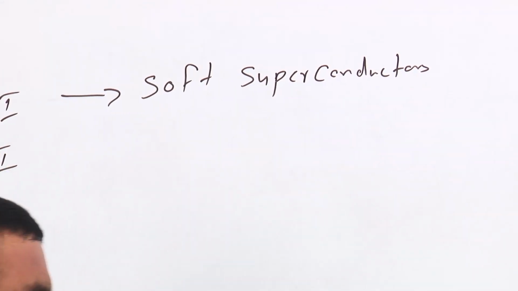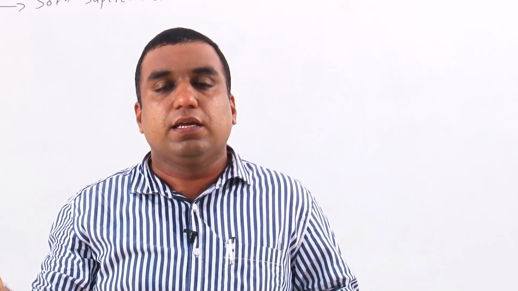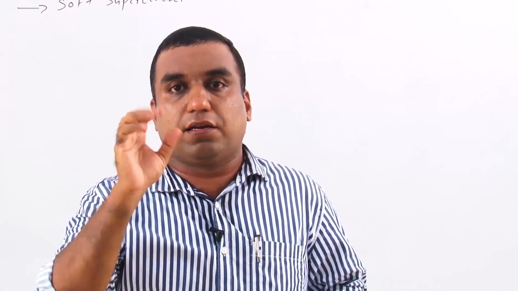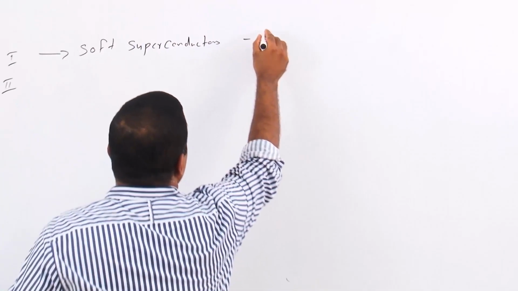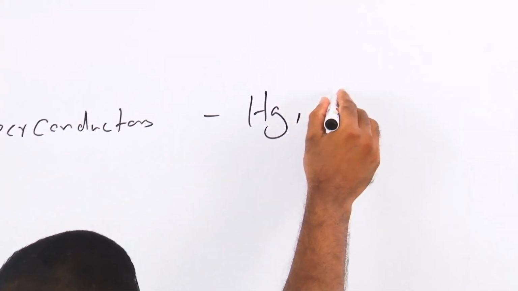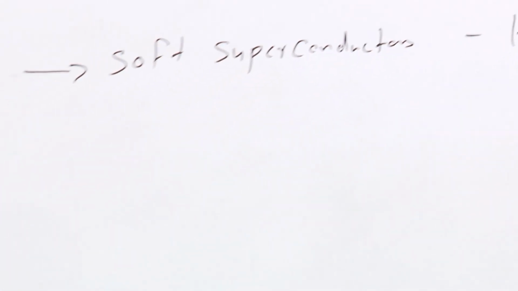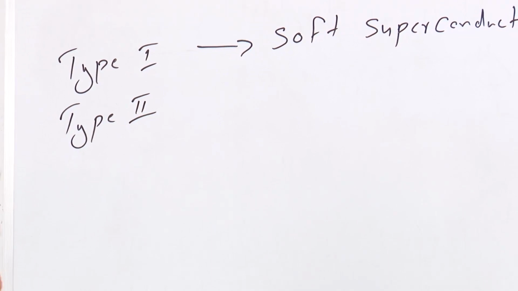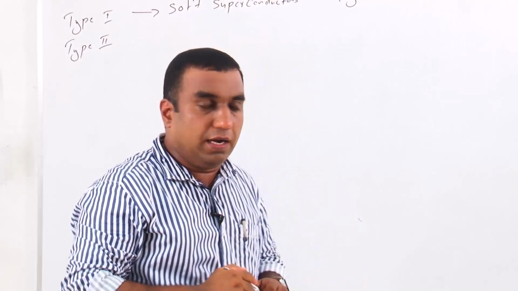In type 1 superconductors, the superconductivity will be destroyed completely at the critical magnetic field. Example, mercury, tin, etc. But in the case of type 2 superconductors, the magnetic field starts to penetrate inside the material at